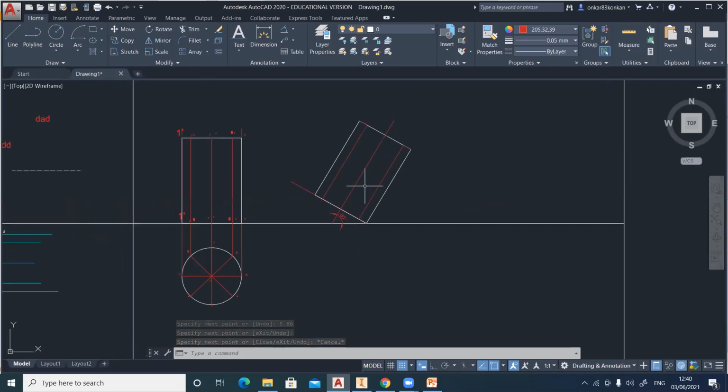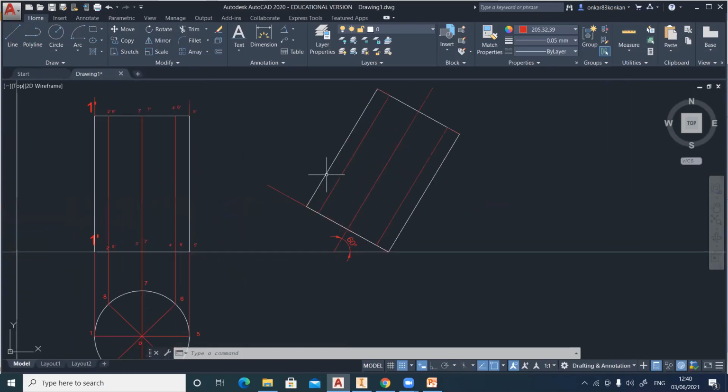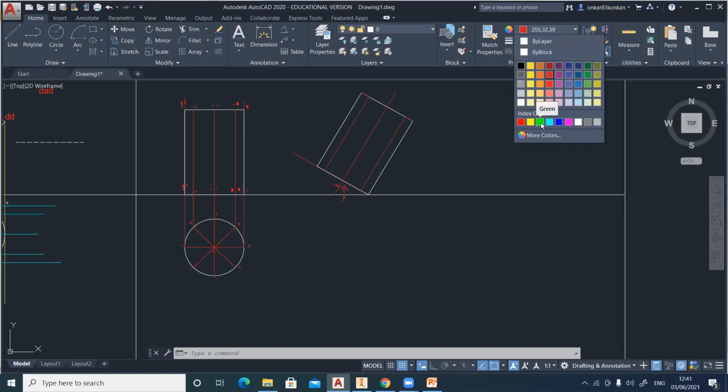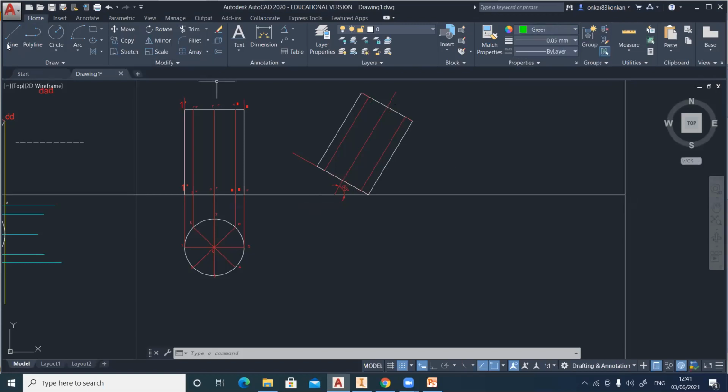Then you can give the names as per the first stage front view. Now take the projectors from the front view. If you observe this front view, there are two bases. One is a bottom base and second is the top base. I'm using different colors. The green color I have selected for the bottom base. So first we will try to find out the intersecting points of the bottom base.